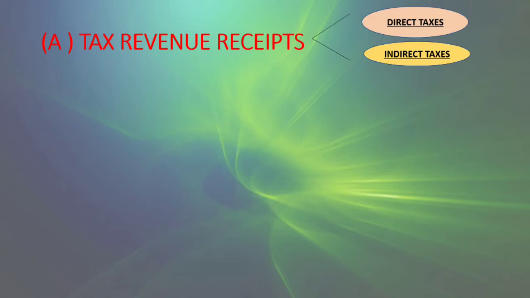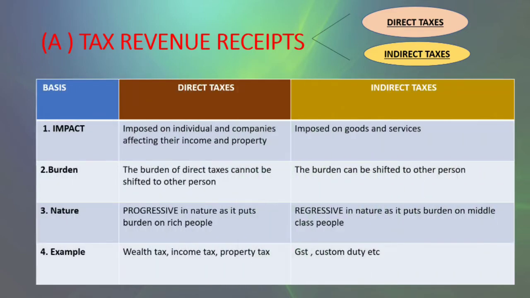First, let us understand direct taxes. When income tax is levied on you, let's say your income is 15 lakh. If your income is chargeable to income tax and it is charged, let's say 10%, you need to give 10% of your income as income tax. Can you shift the burden of this tax to somebody else? No, you cannot shift. So you can say the burden of direct tax cannot be shifted. And indirect taxes, the burden can be shifted.